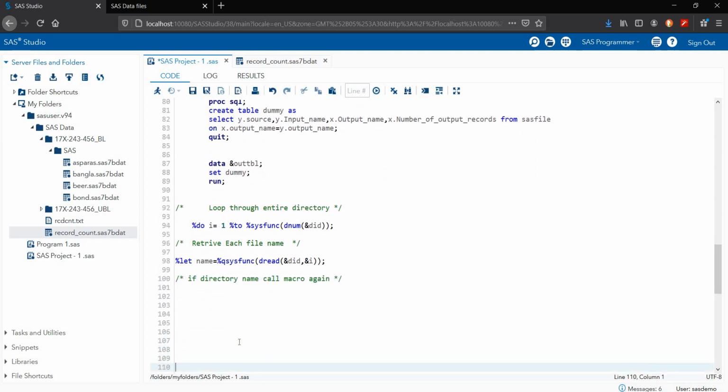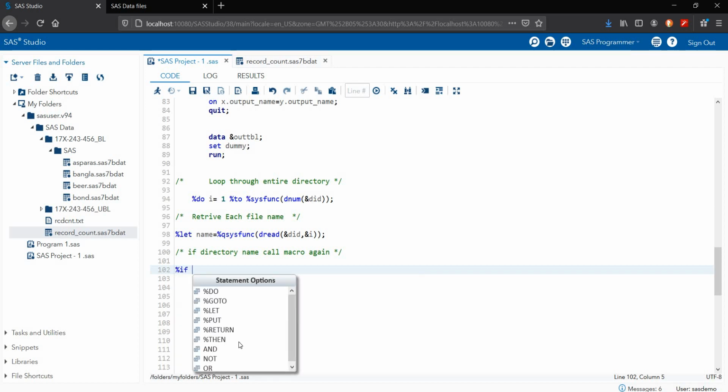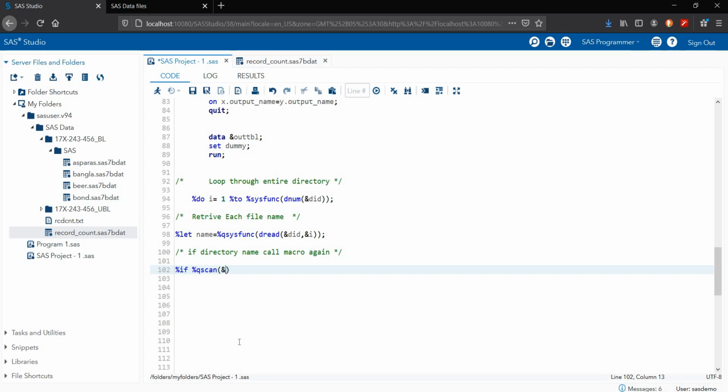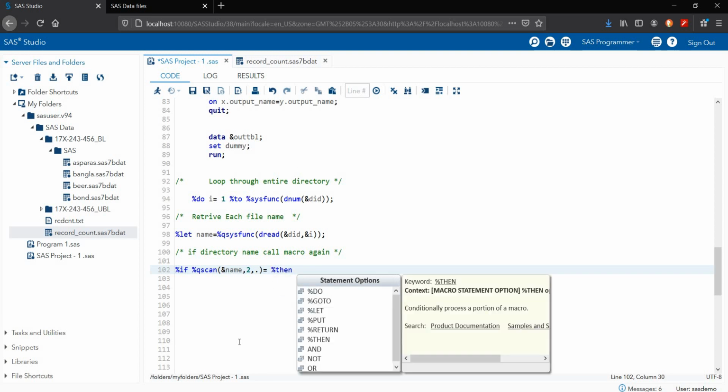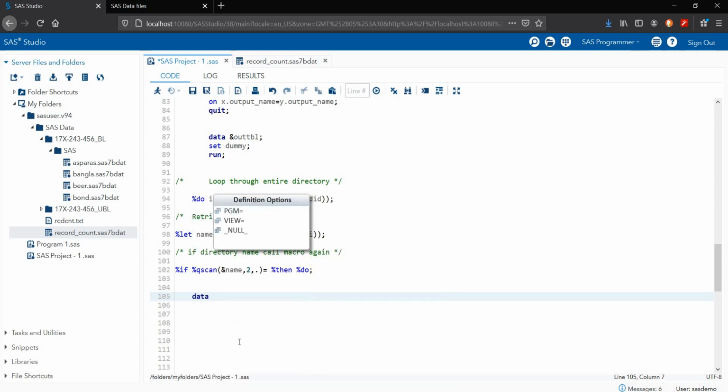So I'm writing here %if %qscan name comma 2 comma dot is %, then %. Now data is equal to null.